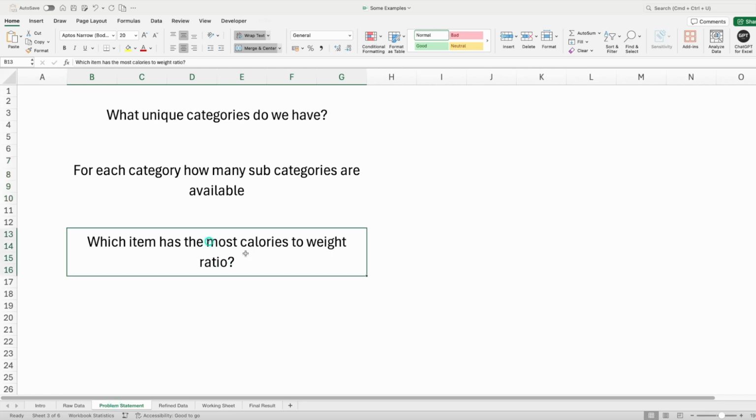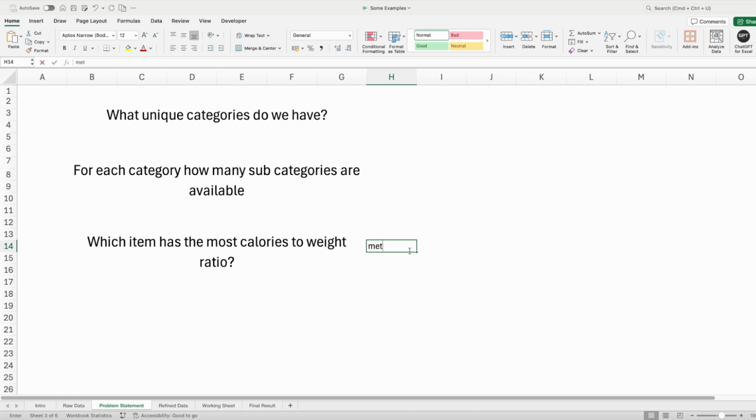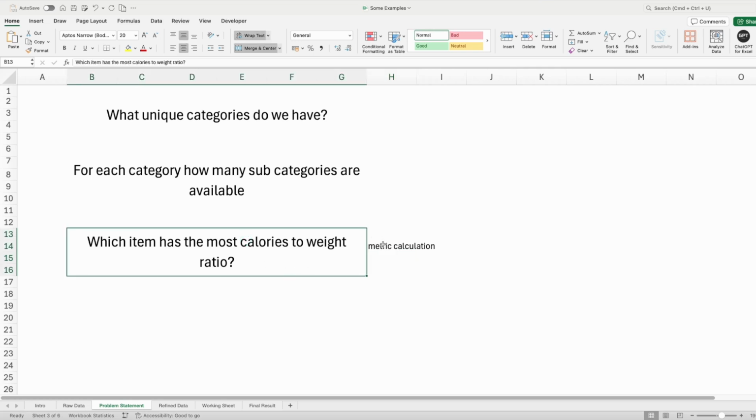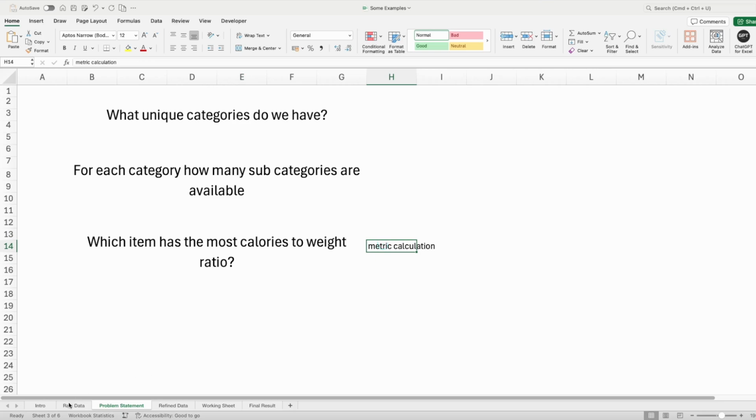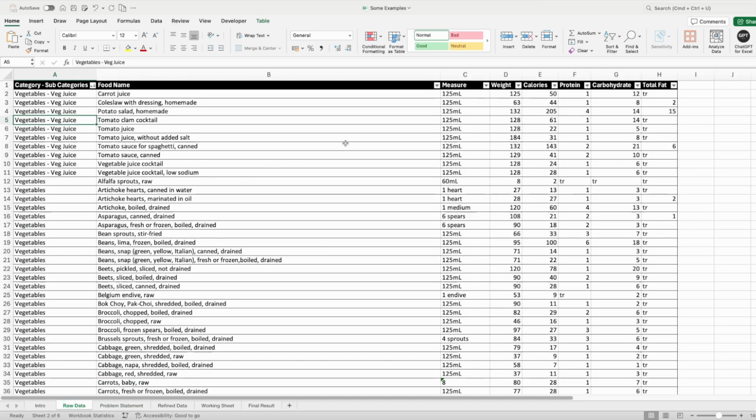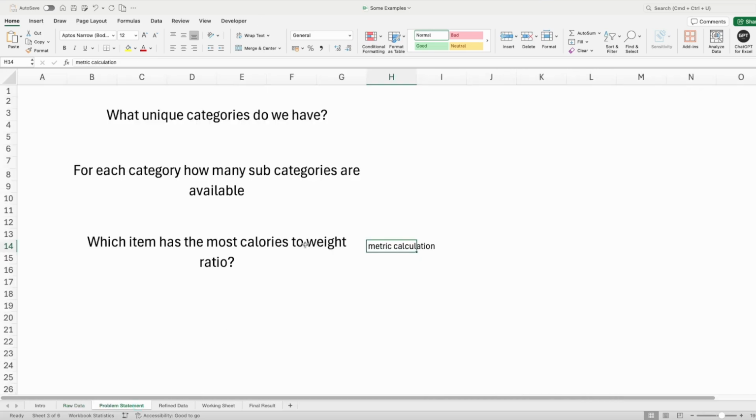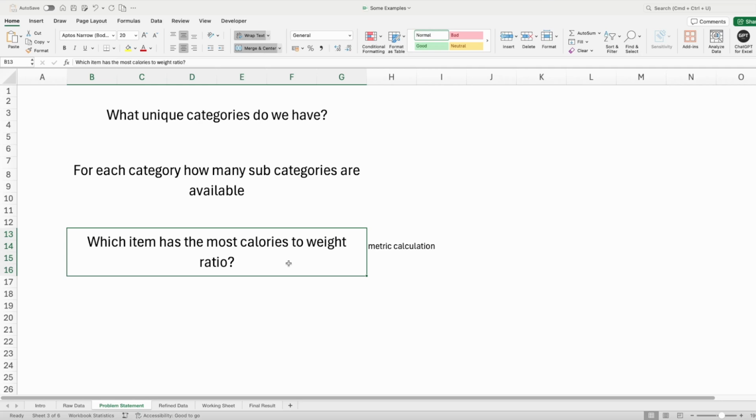And then which item has the most calories to weight ratio. So this is a problem of metric calculation, which basically means that this ratio is actually a metric or a KPI, key performance indicator, which will help us understand which food has the highest calorie per gram or per unit